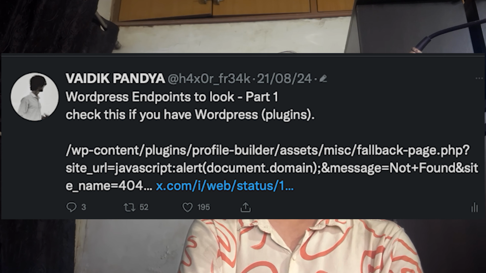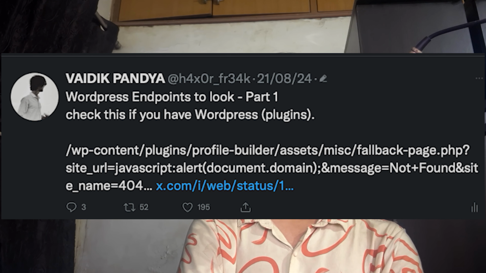But after a few times I had a list of WordPress URLs. After taking a look at the WordPress URLs, I had a lot of plugins and a lot of extensions going on there. So I just tried to use a fuzzing list I posted recently on Twitter, you can check it out. After using that, I got a 200 OK on a single parameter. Let's see what's going on there. After doing a little bit of copy pasting, I saw that we had a few executions here that might be useful for us. But after digging a little bit more, we were able to execute that as XSS. Now it was pretty simple.